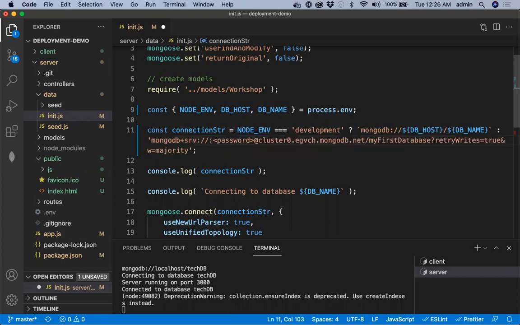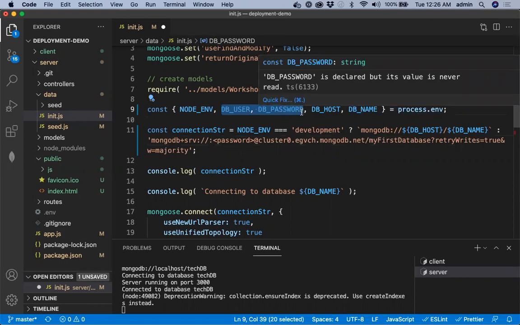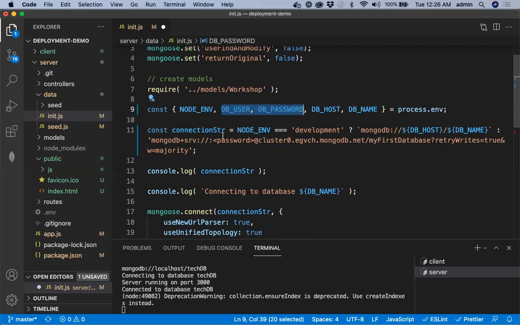Let's get these as environment variables. So we'll say db name, or db user and db password. These will be set up as environment variables when we actually deploy in production. For the local database, we could have user and password, but we have not done that. We are thinking, okay, we'll be safe, we are the only ones using this machine. Otherwise, even for the local MongoDB database, we can create username and password accounts.